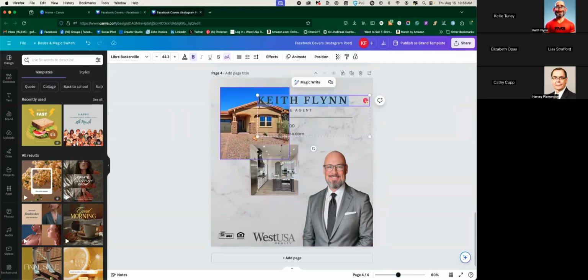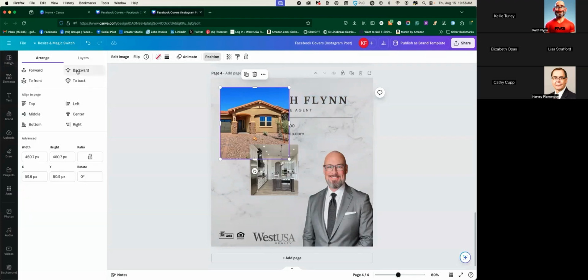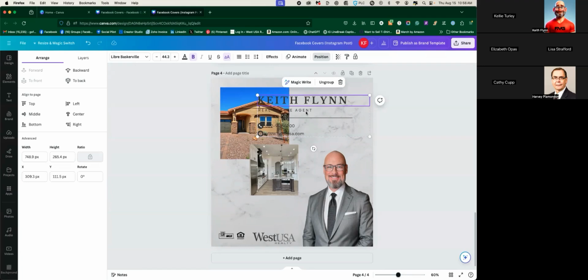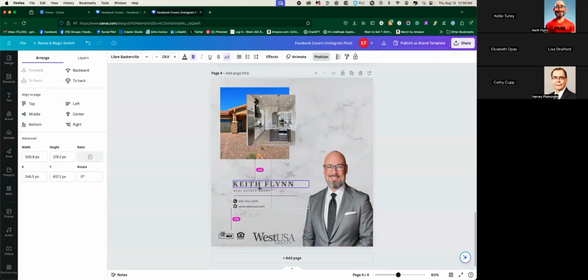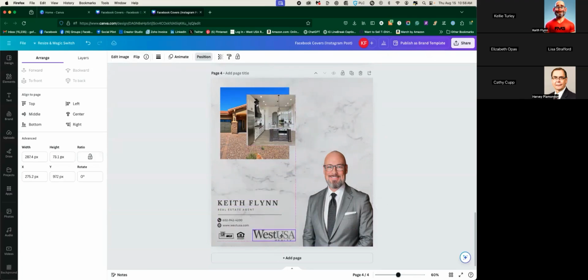And now, you notice how some of this information is behind. So I'm going to click on this image and I'm going to position it and go backward so that my contact information comes forward. And I'm going to highlight that. It's currently grouped. So I don't need to do these design elements one at a time, but what I will do is just grab a corner, drag it down, and then I've got my contact information there. Or maybe I would like to move this one up a little bit, and I'm going to bring this down here. So everything stacks real nice with my credentials, who I'm with, my contact information,